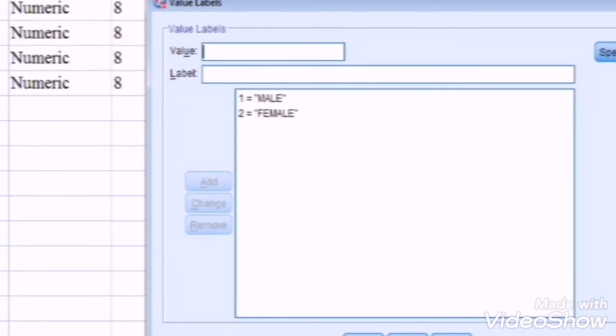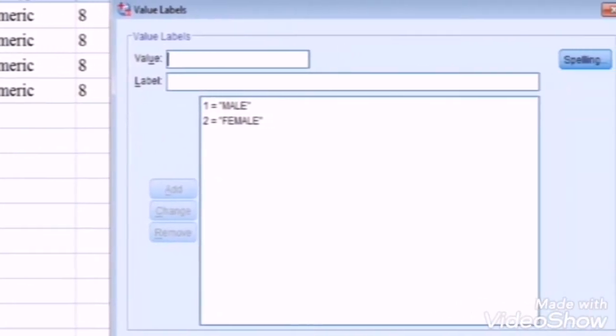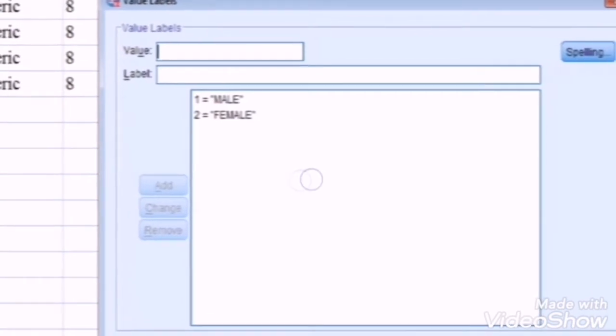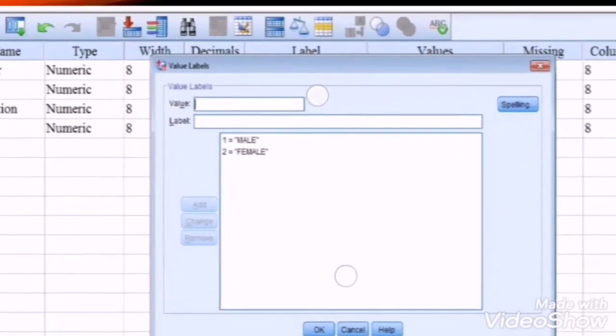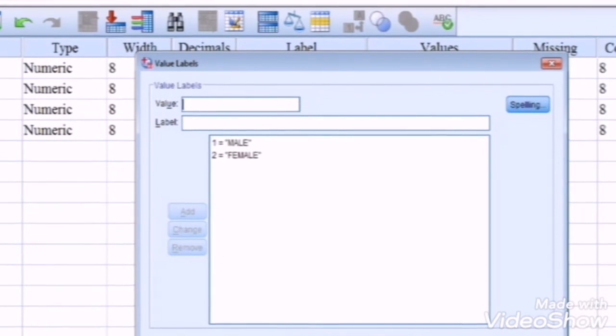Once you click on the add button, it will be displayed in the box to the right of the add button. You see here 1 is equal to male, it will be automatically displayed. And then here again you come to the value box, type 2, and in the label box you type female, and then click on the add button.